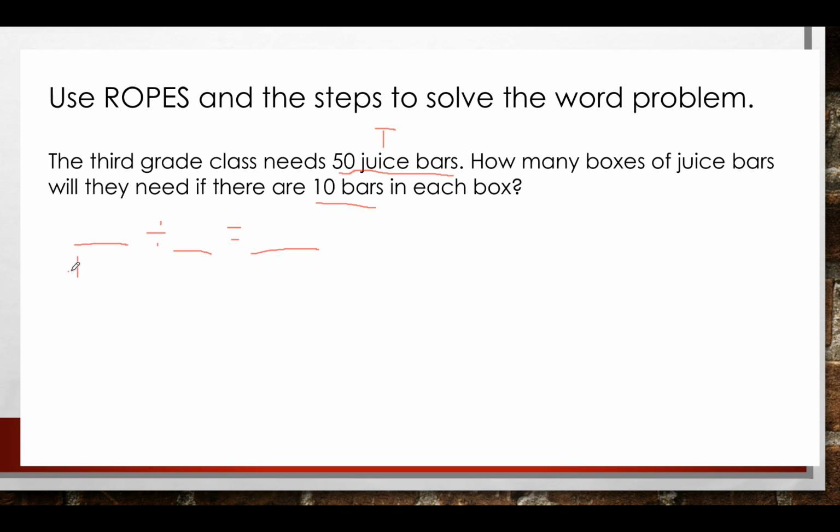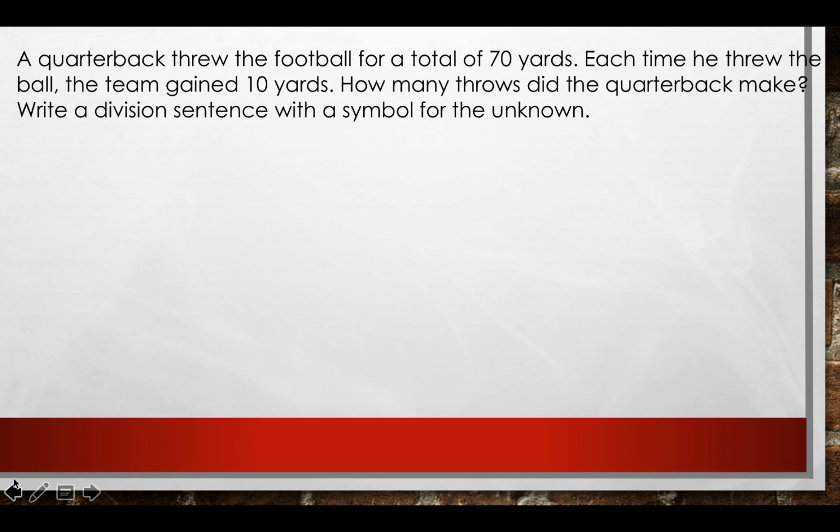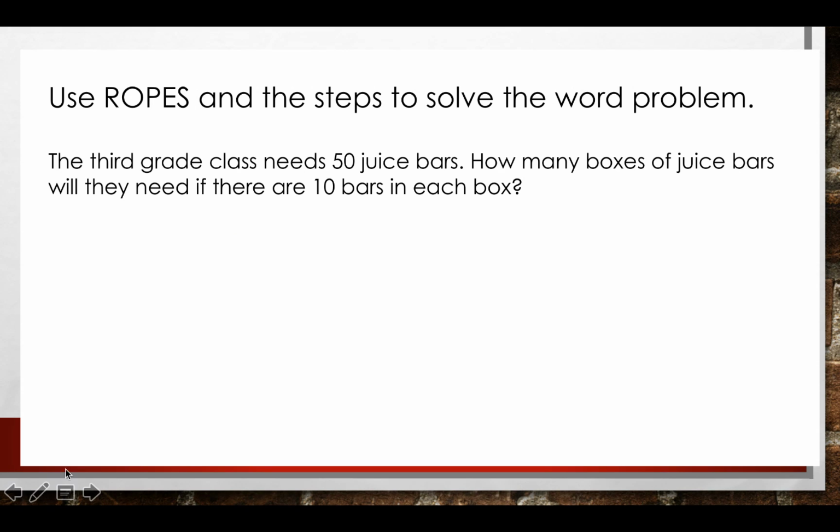So that tells us the total amount. And then divided by, that's the number of equal groups here. So these are the groups. So I'm just going to put G for groups. And then we have the amount that's in each group. So this is the number that's in each group. So if I was to think about this and how I needed to write those numbers in here, it would